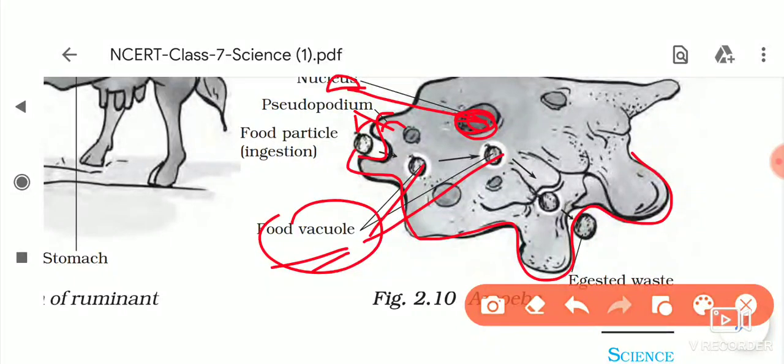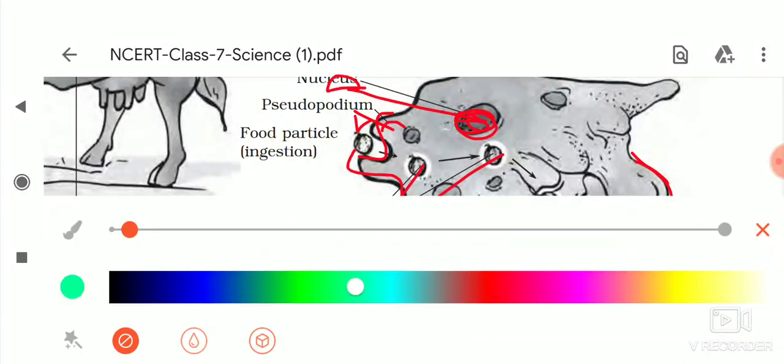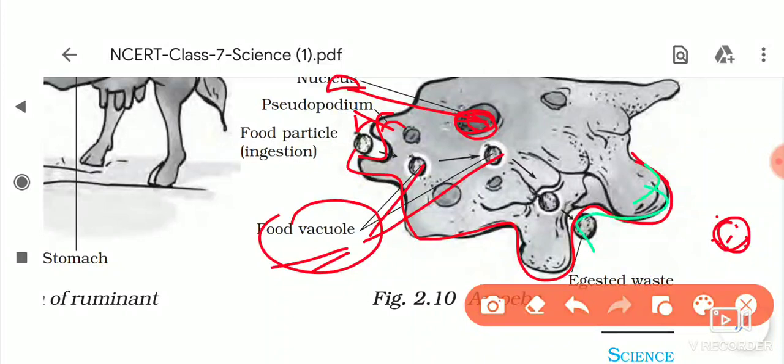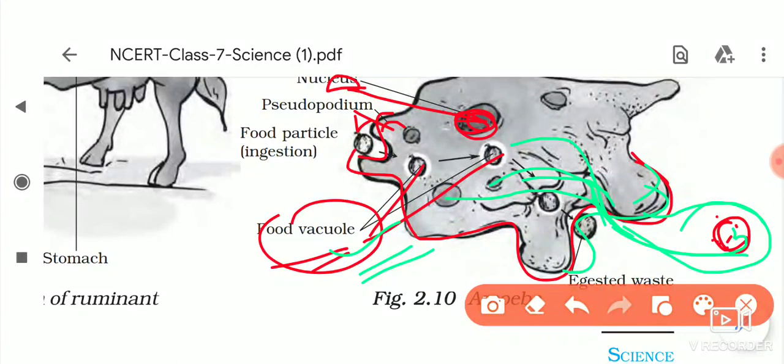Amoeba takes solid as well as liquid food. When it senses food, with the help of pseudopodia, amoeba moves towards the food and covers the food. Then this food is ingested inside the amoeba and goes into the food vacuoles. In the food vacuoles there are some digestive enzymes, some digestive juices, which help in digestion, and undigested food is removed through the